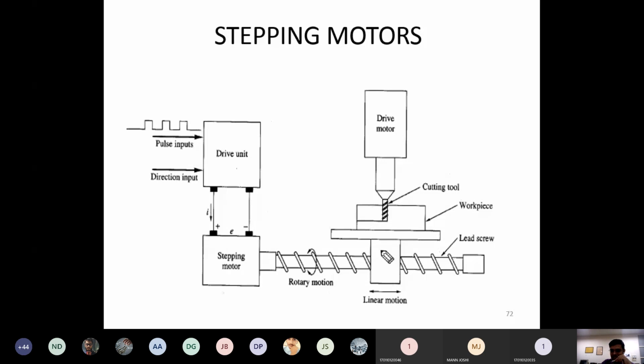At that time we were not getting the exact position, but somewhat we were getting the position. Some fraction, suppose here 25.5, then we get 25.5. We are not getting the motion of 25.32. This kind of accuracy we are not getting. So the resolution, I think, is defined in 0.1 form only. 0.1 form resolution is there for the stepping motor.